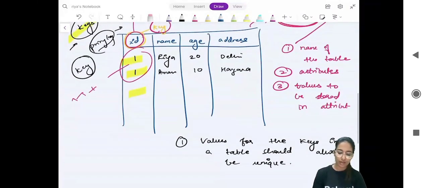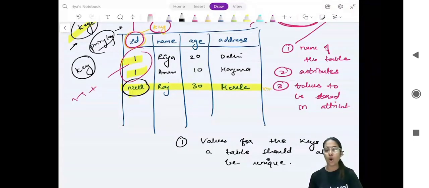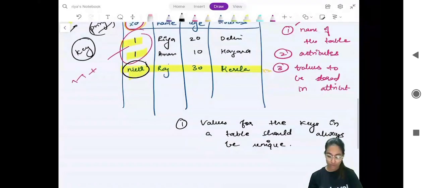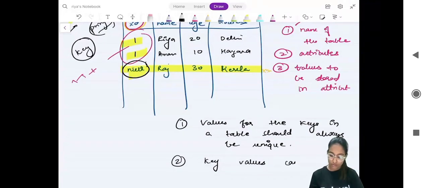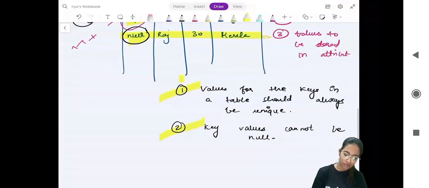And the second rule is you cannot keep it null. For example, null. Now remember, even this is wrong. If you have defined a key, it should have a non-null value. Okay. Key values cannot be null. Okay. Remember these two constraints that you have. And the first one was